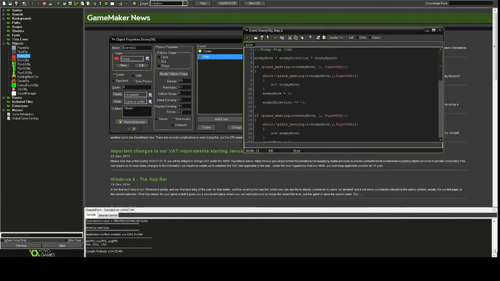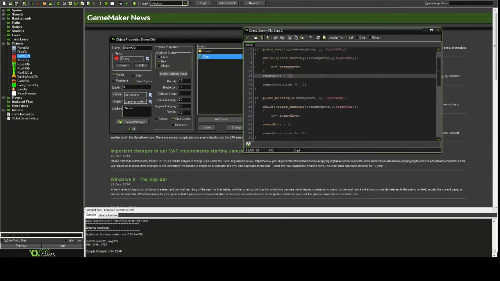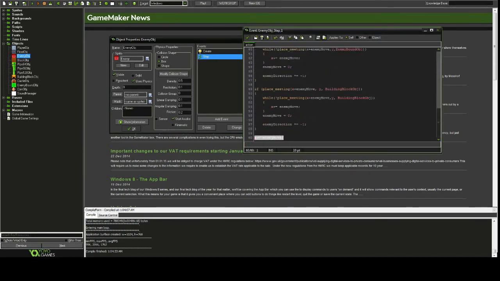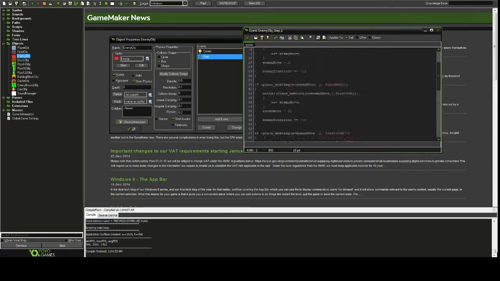So as we said before, the current enemy direction is -1, and that means all the enemies are going to start out moving left with a speed of 3. So right here, it's adding a -3 to my enemy move because it's doing the enemy direction times the enemy speed. And now this is where it gets a little bit more tricky,